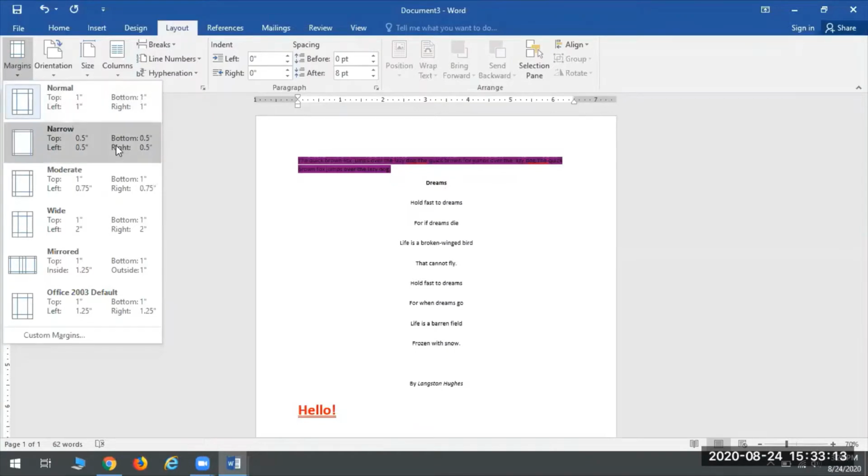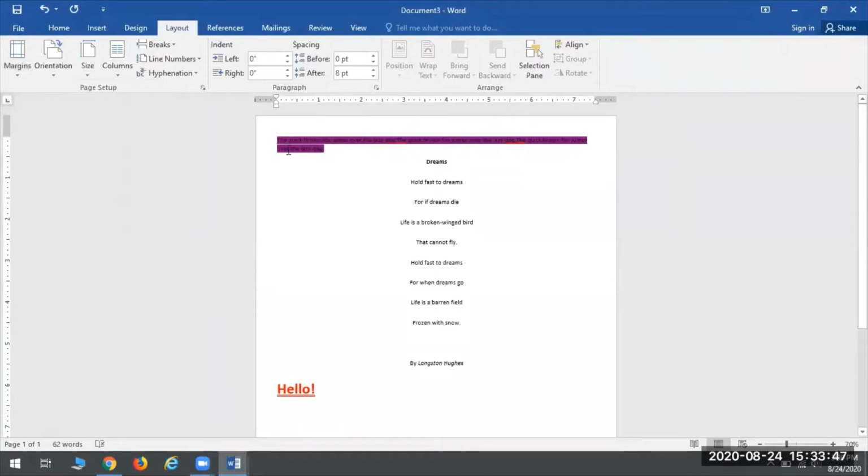But let's say I wanted it narrow. I usually recommend this for people who are doing their resume. Let's say you have your resume typed and you want to get it onto one page and you only have a sentence or two that's gone over to the second page. Before you start messing around with the size of the font and making it so small that people can't see it, try messing around with the margins. I wouldn't go less than 0.5, half of an inch, but that can really help you. So let me go ahead and click on there and you can see now